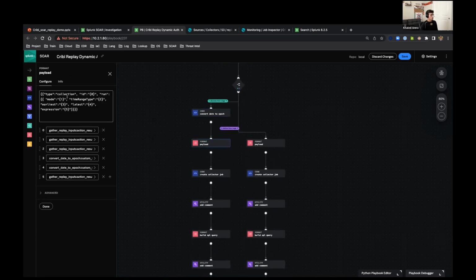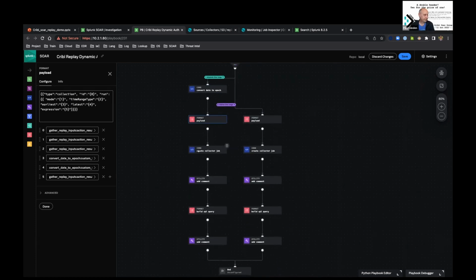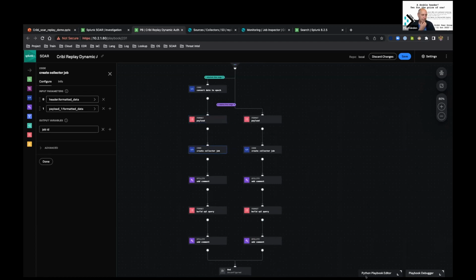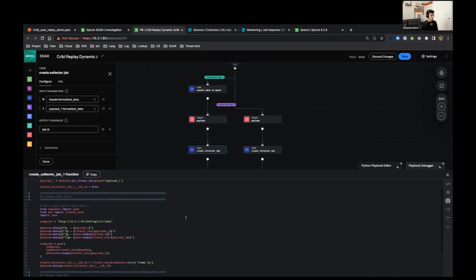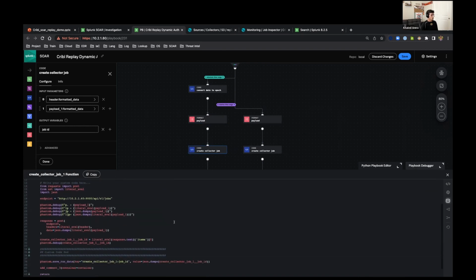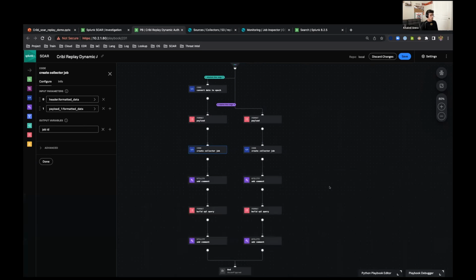Then we form our payload, which is the HTTP body with the results given by the user. We create the collector job. Over here we're using Python's request post function to pass over the endpoint, headers, and the payload to actually create that collector job.